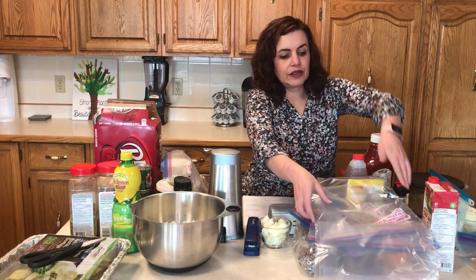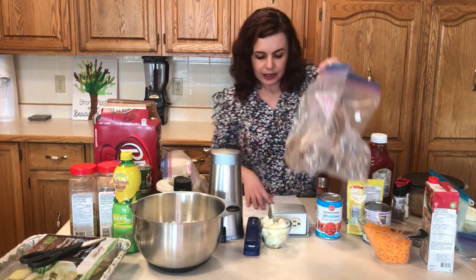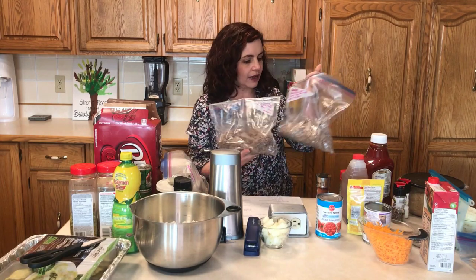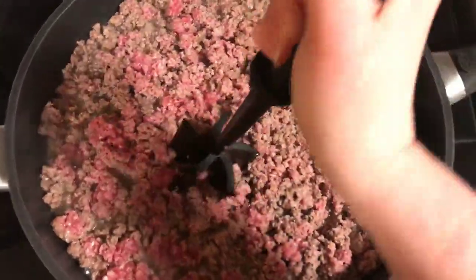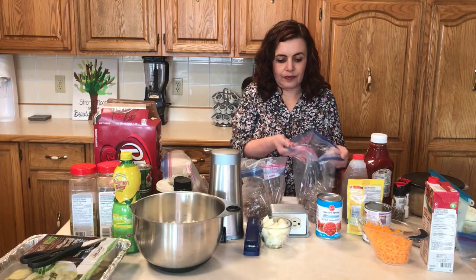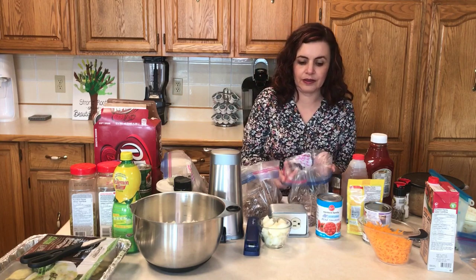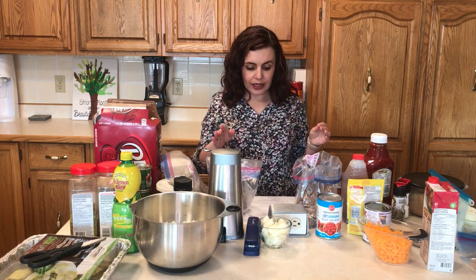Let's see. I think we will start with the beef hash. So I've just taken a permanent marker and written on the bags. In here I've got 1.5 pounds of ground beef in each bag. I cooked that up last night and added it to the bags so that it would be ready to go. So to each of our bags, we're adding the 1.5 pounds of ground beef, and then we're adding some frozen